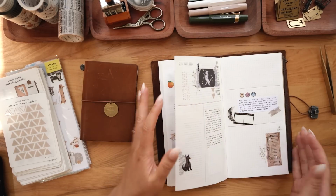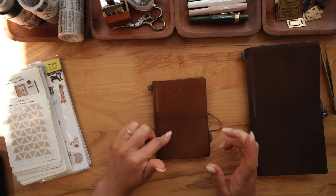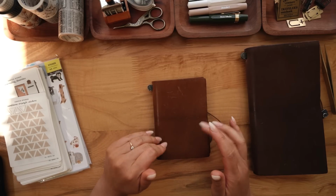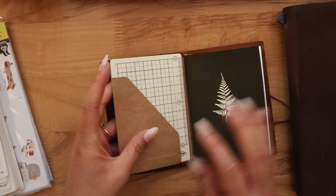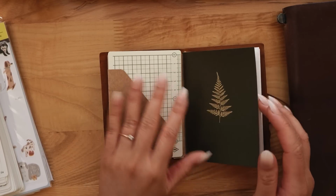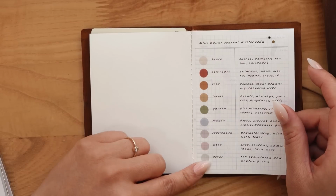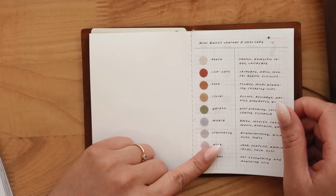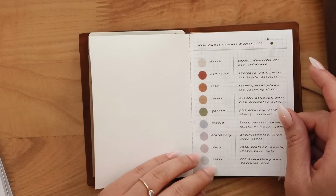for my passport one. All right, so let's get right into the passport size, which is what I've been using as a miniature bullet journal. And I'm using my Fern insert for this. And I feel like the only reason that this bullet journal actually works is because of the 3.5 millimeter grid. Like, I know other people do just fine with the 5 millimeter, but for me, I just have to